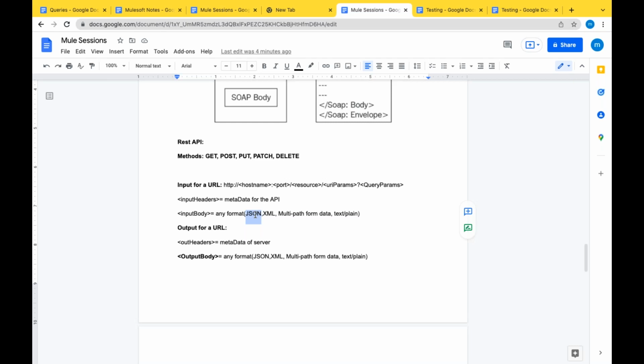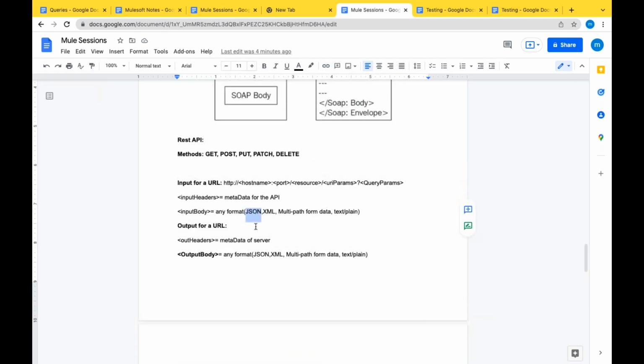What JSON is, and how the JSON structure will look like: the abbreviation of JSON is JavaScript Object Notation. We will see moving forward how a JSON will look like. So input body can be a JSON or XML or multipart form data or text plain. You can send anything as an input to a REST API.